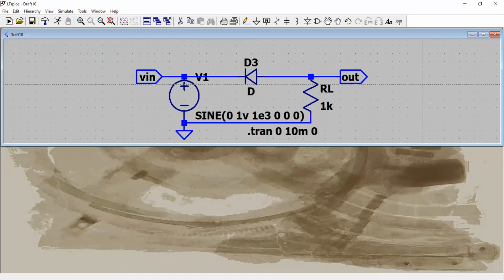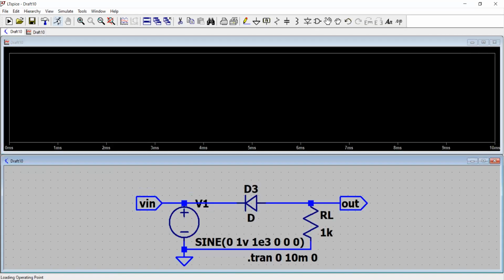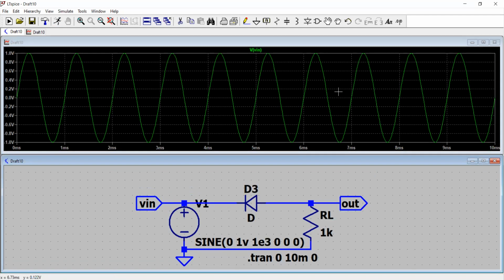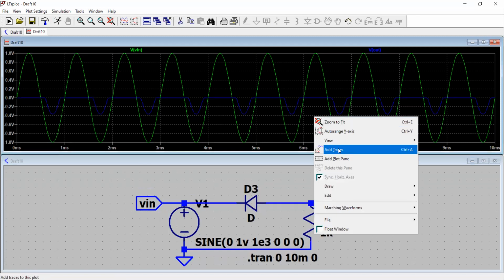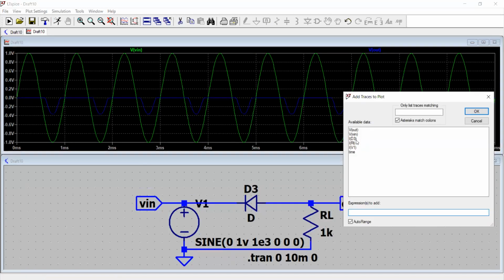You have got your circuit. Press the escape button on the keyboard. Now you are done. Now press run. So your waveform appears again. You now see you have a clean sinusoidal signal as an input, then press output. Now during the negative half cycle, your diode conducts the current, and during the positive half cycle, it acts as an open circuit. Similarly, on the same plot, you want to add trace and plot the voltage across the diode. So V out